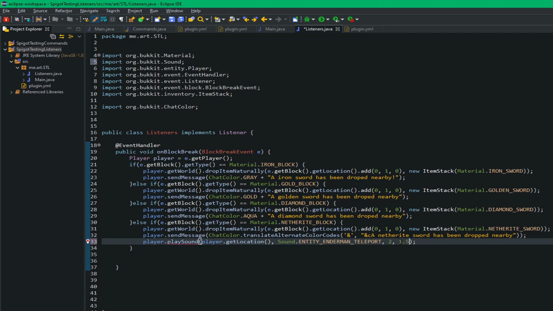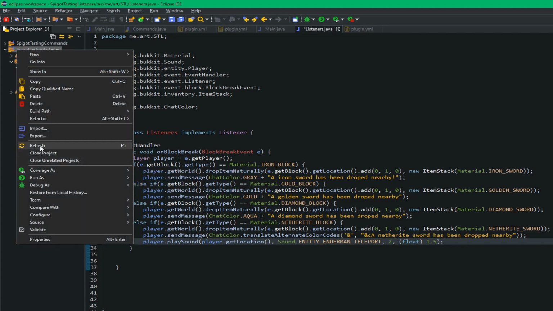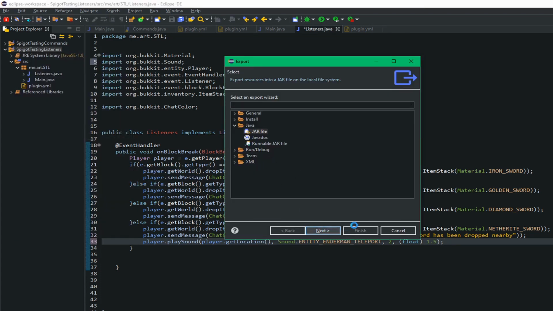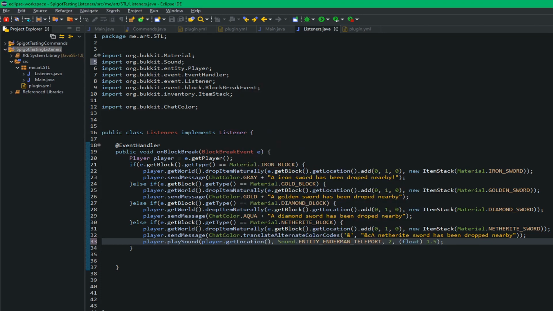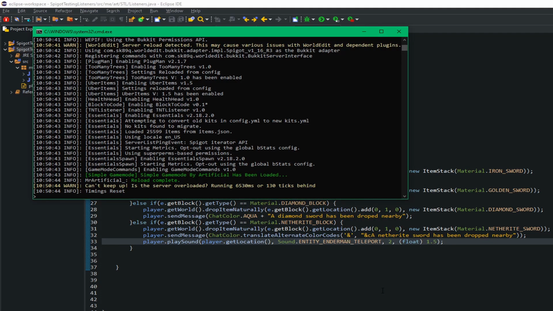1.5, and if you do pitch 1.5, you have to cast this to float because it has decimal points in it. And this is passing an int, so you need to tell the code that this is a float. Or wait, no, you're passing it a double, and you need to tell the code that it's a float because, you know, it doesn't like decimals in the wrong places. So if you do that, real quick, let me do this, export onto the server, like so, override it, rl confirm,